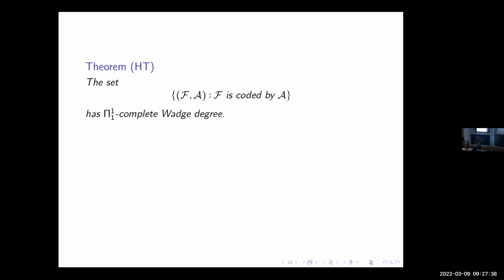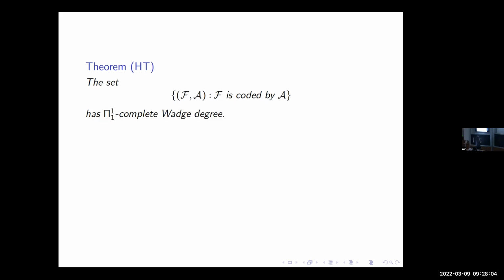And so basically what this is saying is that the only way to tell whether a family is coded by a structure is to basically just check the naive definition, right? So comparing to coding by sets, that was sigma 3, you can tell whether a set's coded in a very nice arithmetic way. For a family, there's no good way to tell it. So essentially, some families sort of just happen to get coded by the structure, and you can't really tell why.